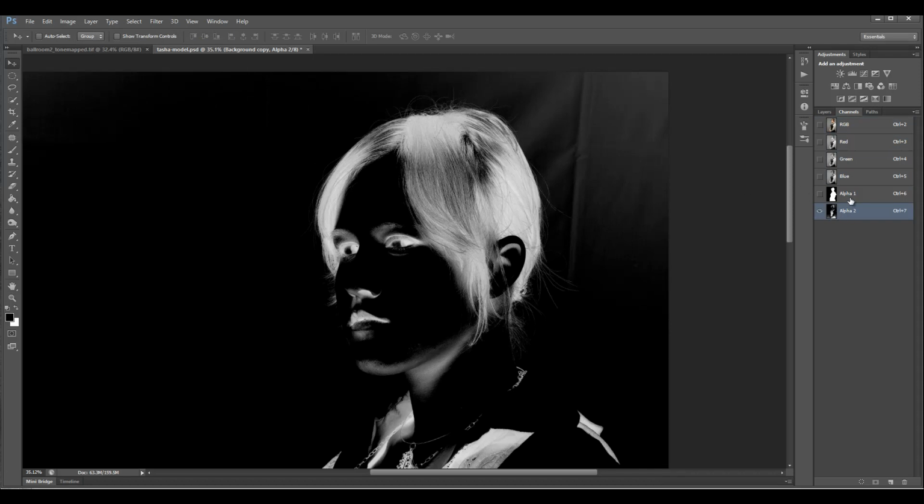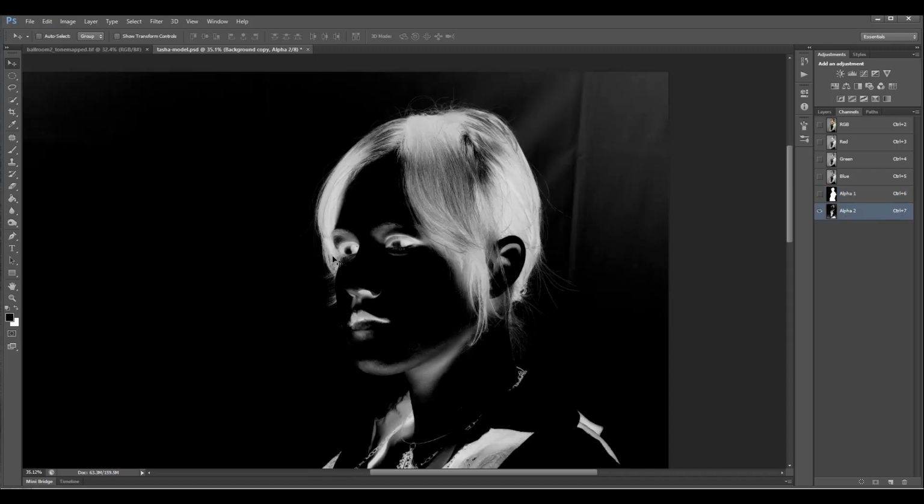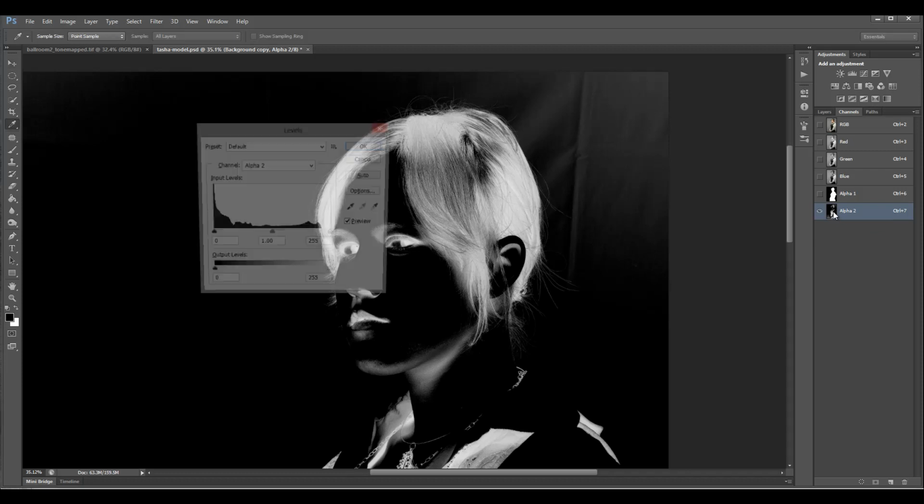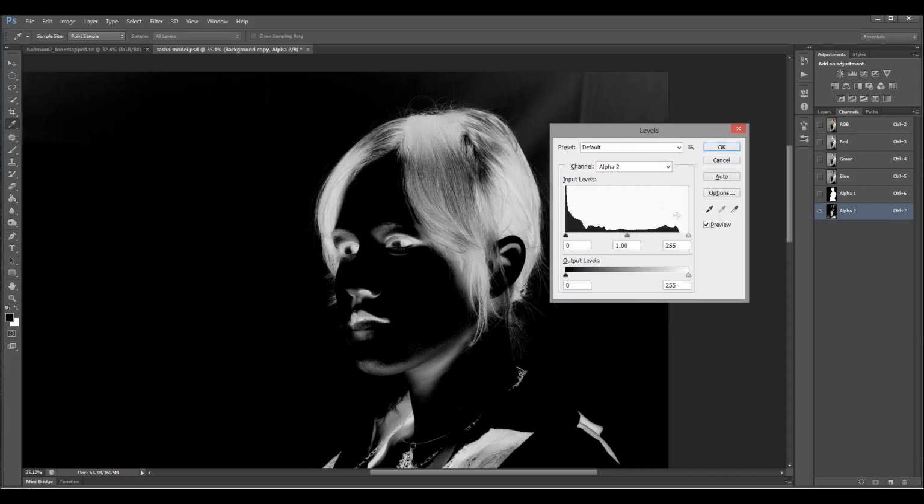You'll notice right here we have two alphas. Now we have alpha 1 and we have alpha 2. Alpha 2 has our hair selected. So let's add a little bit more contrast to this mask. We'll press Control L to bring up Levels. And inside Levels, what we want to do is